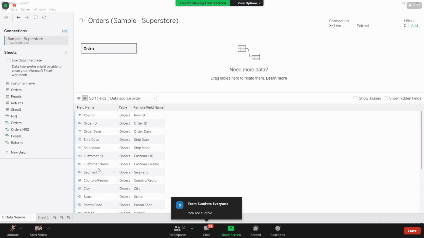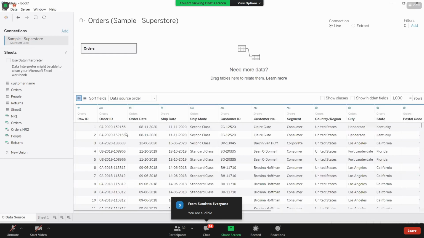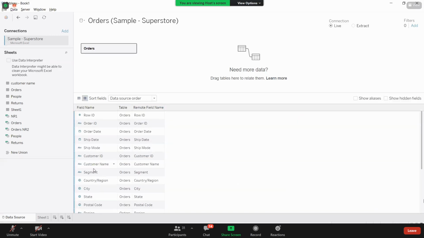See, this is the metadata. Metadata means data about your data. See what data you are having in your data source. Only the column names. You can call it column names, but this is called metadata. What data are you having? You are having row IDs, you are having order IDs. That data is given in the form of metadata only.